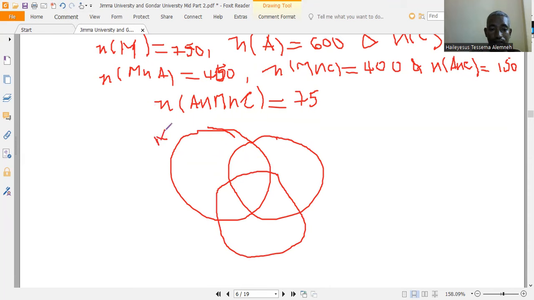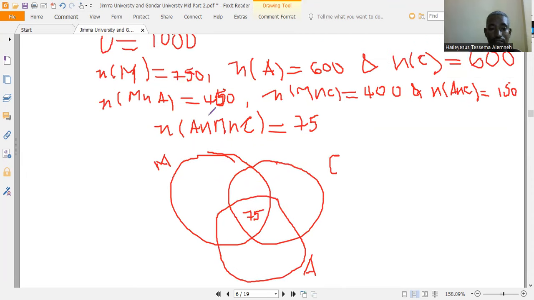ማትስ እና ኮስቲንግ እና አካውንቲንግ። አሁን በኢንተርሴክሽን አንድ ላይ ያሉት ስንት ናቸው? 75 ናቸው። ከዛ ማትስ እና አካውንቲንግ ፌል ያደረጉ 450 ናቸው። ስለዚህ ከ450 ላይ 75 ስንቀንስ 375 ይሆናል ማለት ነው። ማትስ እና ኮስቲንግ ደግሞ ፌል ያደረጉ 400 ናቸው። ከ400 ላይ 75 ስንቀንስ 325 ይሆናሉ። ከዛ አካውንቲንግ እና ኮስቲንግ 150 ናቸው። ከ150 ላይ 75 ስንቀንስ 75 ይሆናሉ።